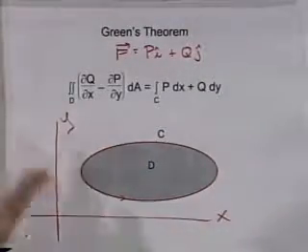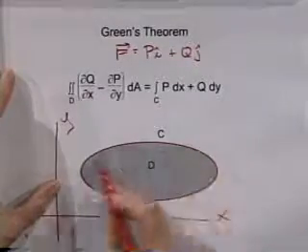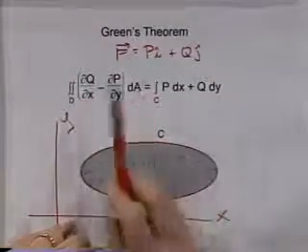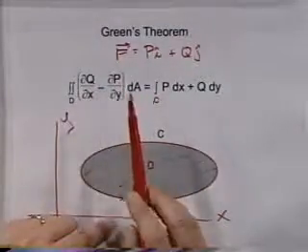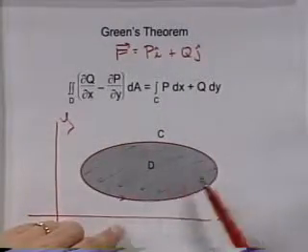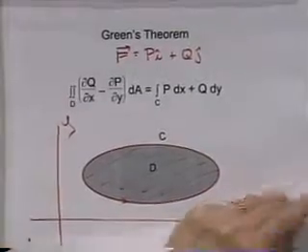And what Green's theorem said is if you want to find the line integral around this simple closed curve, it will be the same as the integral over the region of the partial of q with respect to x minus the partial of p with respect to y. So we were equating an integral over a region to the integral over the curve. Now in 3D,